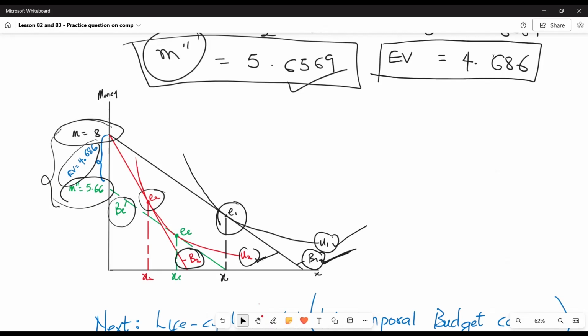This is all that we have on our practice questions on compensating and equivalent variation. Our next lesson will be on the life cycle model, focusing on